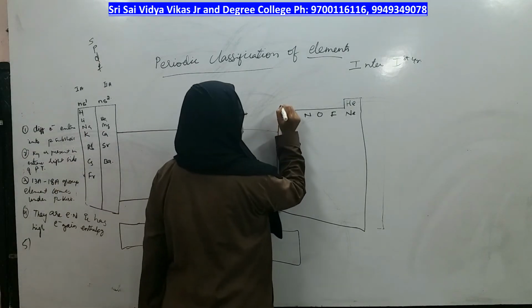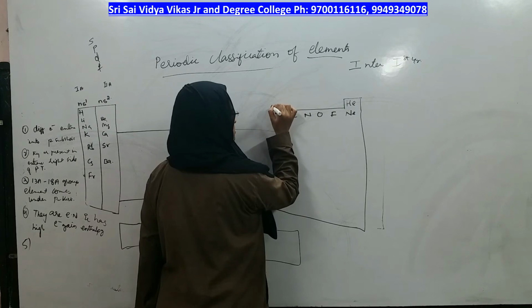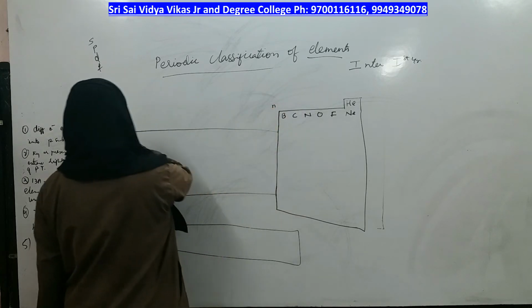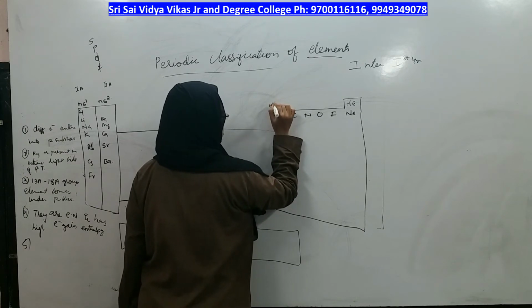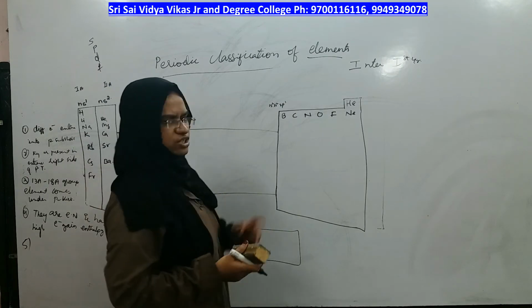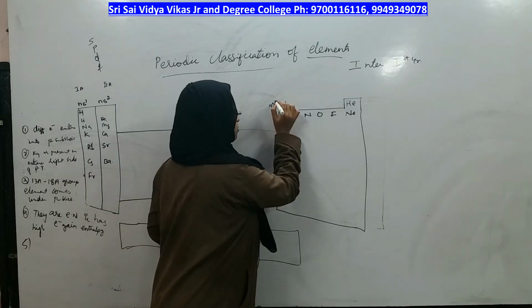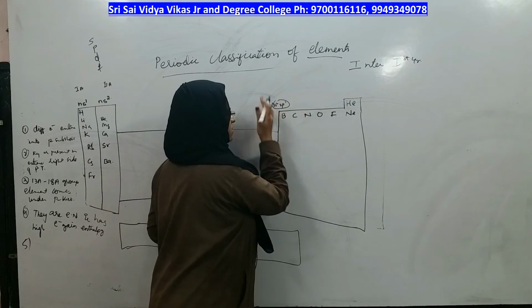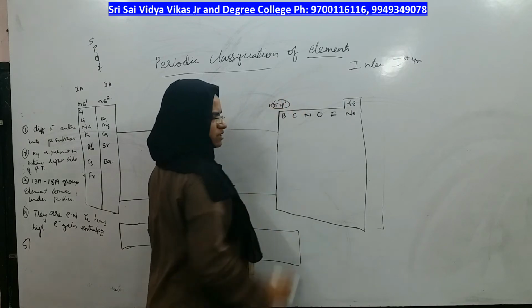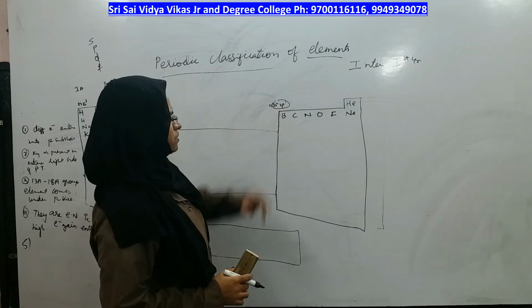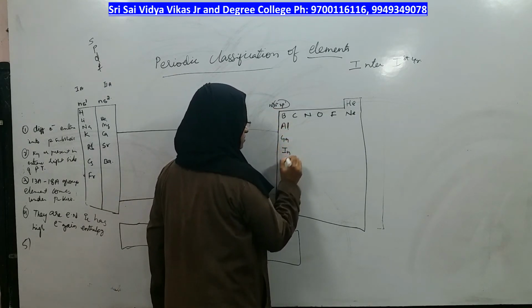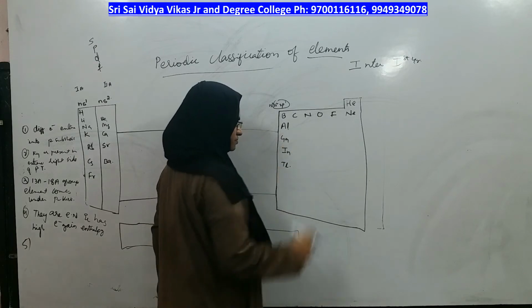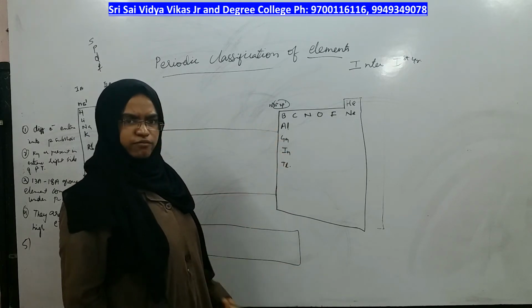What is the electronic configuration of boron? Boron comes after beryllium, therefore its electronic configuration is 1s2, 2s2, 2p1, right. This is the electronic configuration of boron. What is the valence electronic configuration? First you leave the 1s2, the valence is 2s2, 2p1, right. For boron, 2s2, 2p1. Boron, aluminium, gallium, indium and thallium are the elements of the boron family.